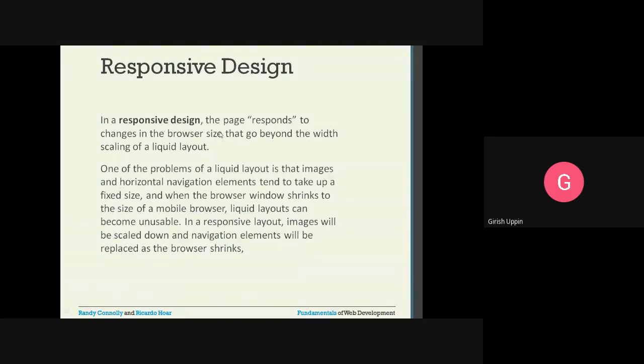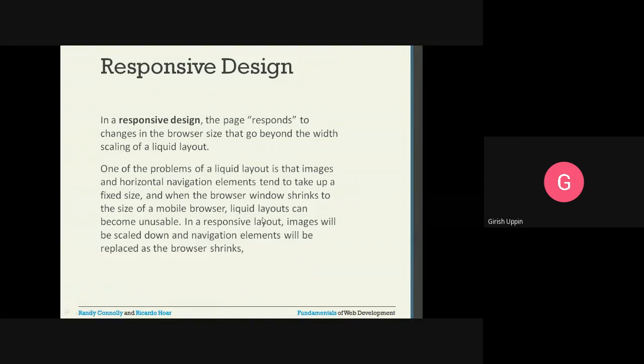In a responsive design, the page responds to changes in the browser size that go beyond the width scaling of a liquid layout. One of the problems of liquid layout is that images and horizontal navigation elements tend to take up a fixed size. So we know that the image will take a fixed size, and horizontal navigation elements also.